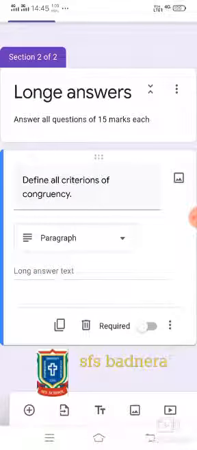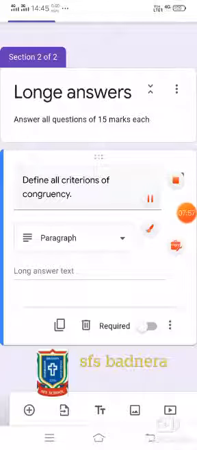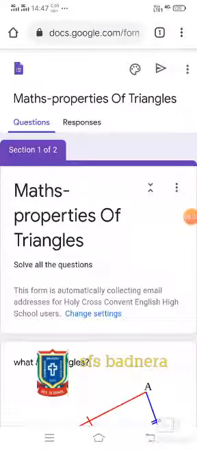So similarly, if you want to add an image, you'll be clicking on this image sign, and you'll get that image thing to add. Okay, to add the next question, the same thing, clicking on the plus sign. Okay, so here you have learned how to add question and how to add an image in your question paper. Okay, now you are ready with the question paper.